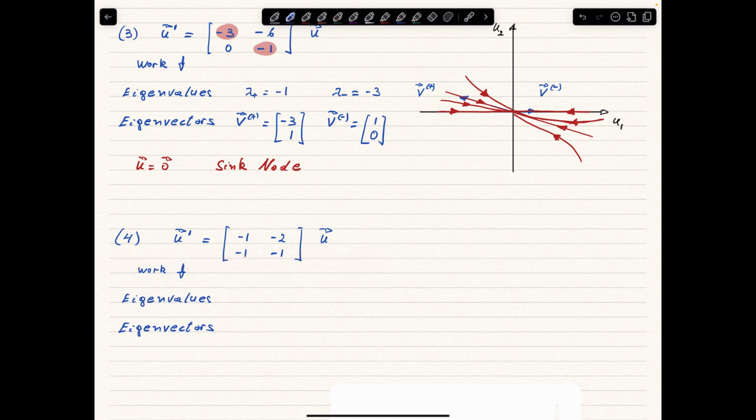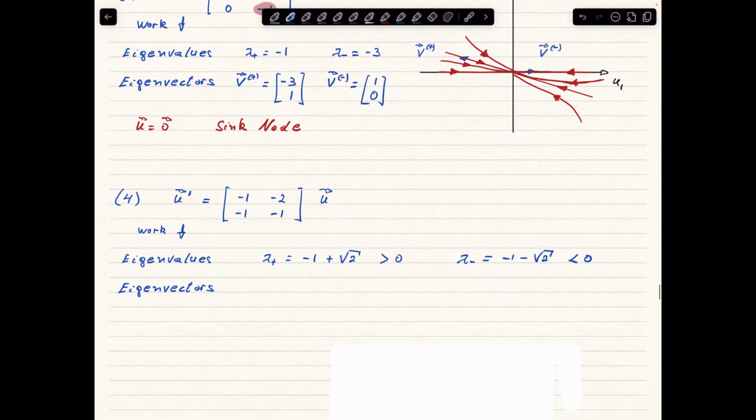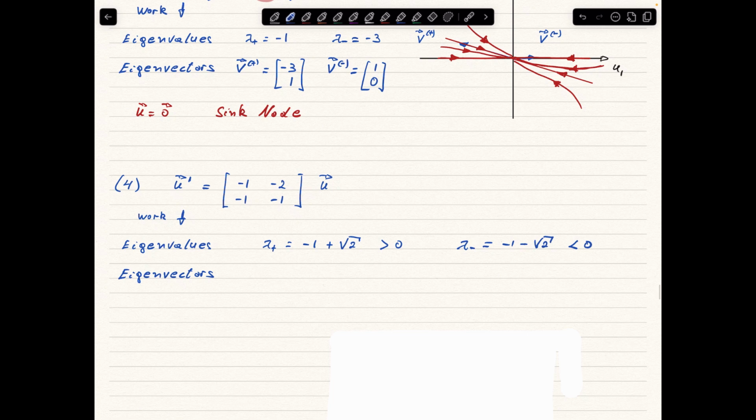The eigenvalues are going to be lambda plus, the larger eigenvalue, which is -1 plus square root of 2, which by the way is positive. Then lambda minus is going to be -1 minus square root of 2, which by the way is negative. So we already know that we are dealing with a saddle node, and the eigenvectors are a little bit hard to find, nothing terrible, but